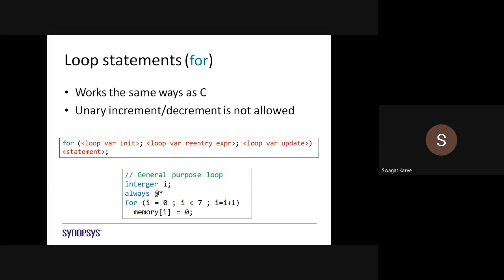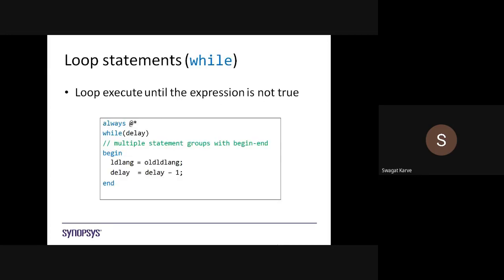In the same way that you use it in the C language, you can use it in Verilog also. Then again we will discuss the while loop. This loop executes until the expression is not true. Until and unless the expression is false, this loop will continue to execute. For example, always again we have mentioned the condition, then while delay. Here the body can be multiple statement groups with begin and end.